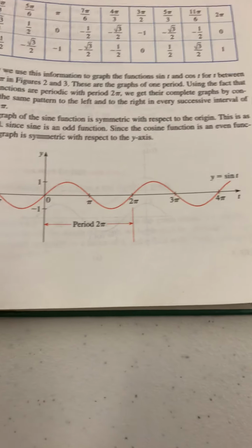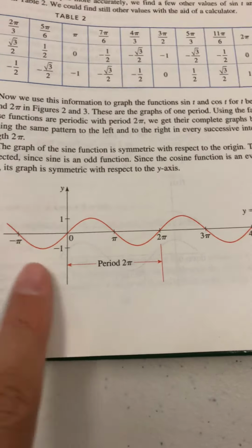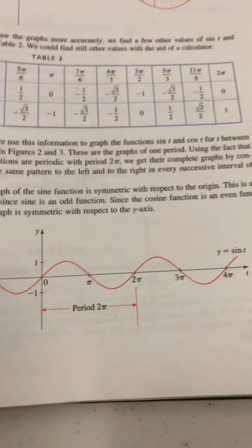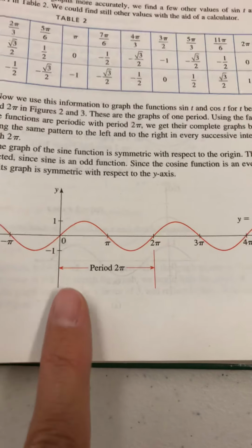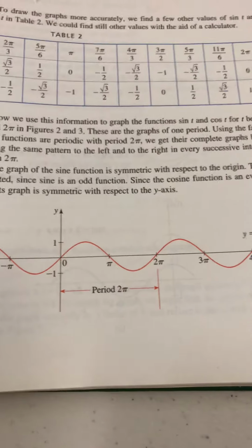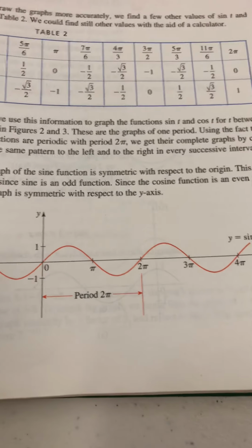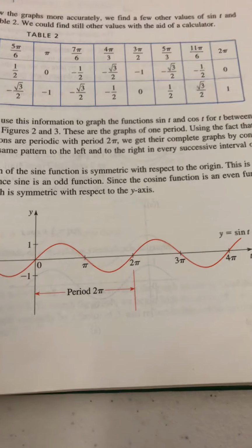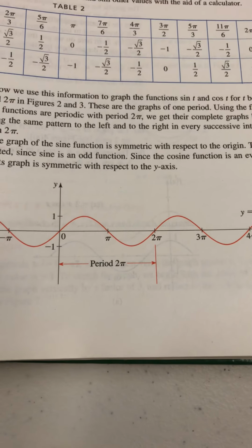If you'll look through some of the examples in your book, you can see that these sine and cosine graphs are really just like a wave that continues to repeat that pattern over and over again. The normal period, which is basically one complete rotation or one full cycle, is a length of 2 pi. Just like on the unit circle, after you do a full 360-degree rotation, 360 degrees is the same thing as